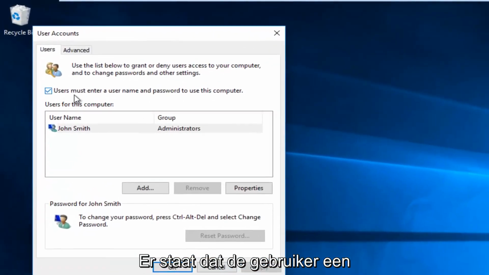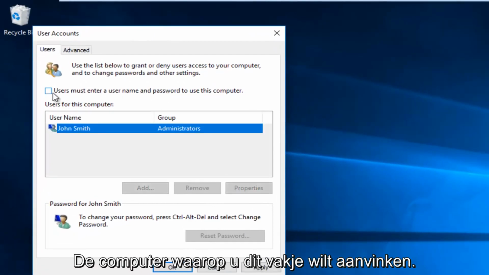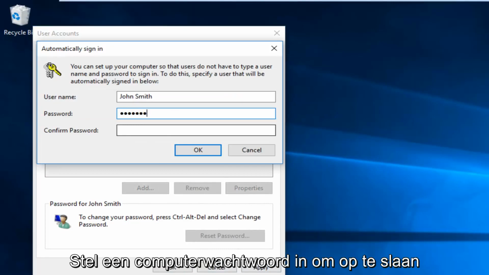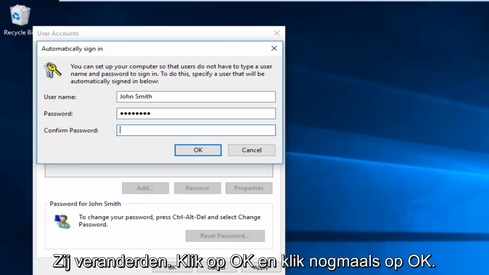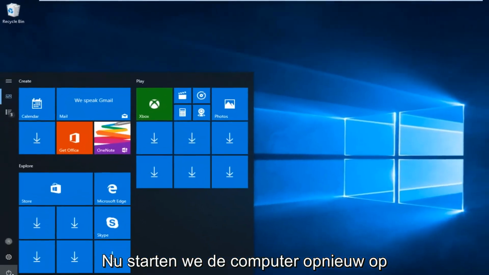And now where it says users must enter a username and password to use this computer, you want to uncheck this box, click on Apply. Now you're going to have to insert your computer password to save the change. Click on OK. Click on OK again. Now when we restart our computer,